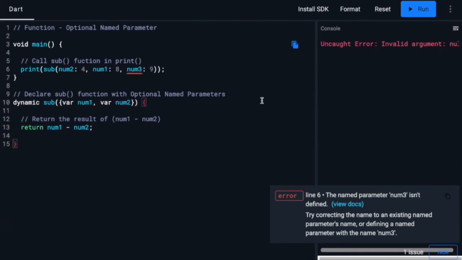Let's summarize what we have learned. To use optional named parameters, arguments must be defined in the function with the same variable name. But unlike positional arguments, you don't have to send all parameters as arguments unless you are using them. Now, try the practice example for yourself in DartPad or locally, and see the different results and outputs.